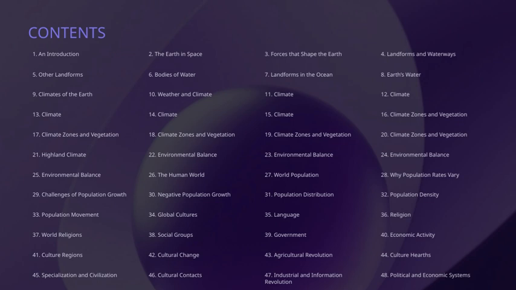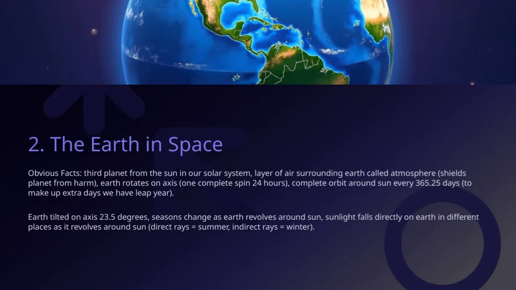changes. We also consider Earth's physical features, landforms, waterways, and climate, since they set the stage for human settlement and development. The industrial and information revolutions transformed societies, leading to rapid economic growth, but also new environmental challenges. Understanding these elements helps us see the bigger picture of how humans adapt and influence their environment, shaping the world we live in today. The Earth is tilted on its axis by about 23.5 degrees, and this tilt is really